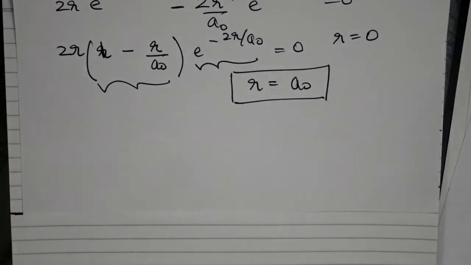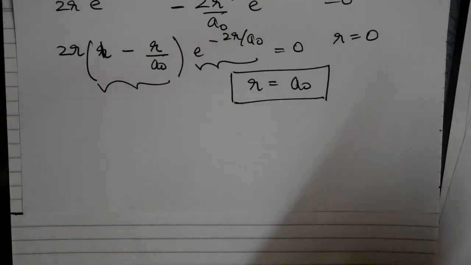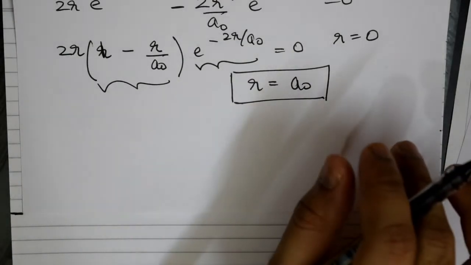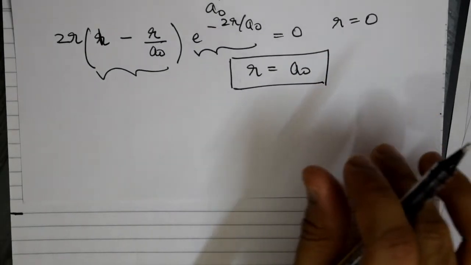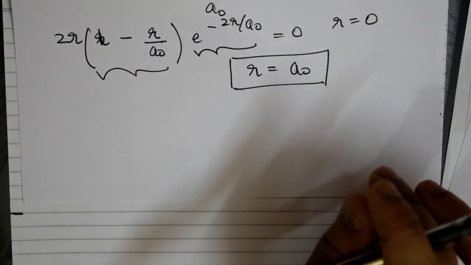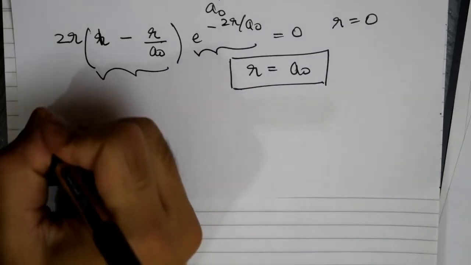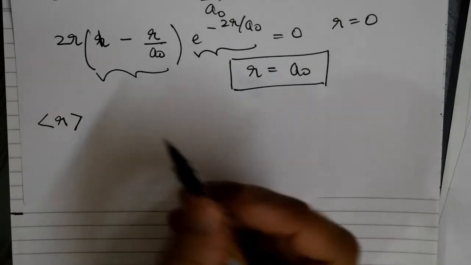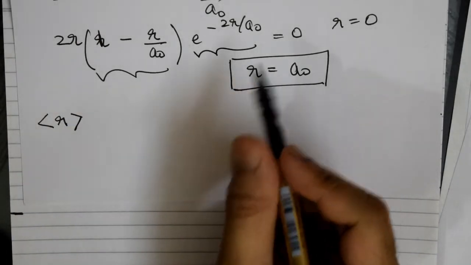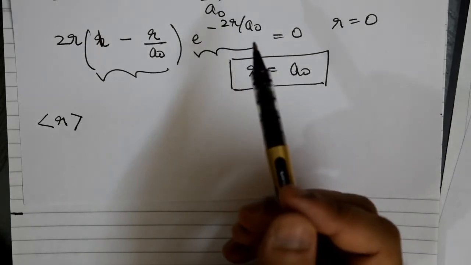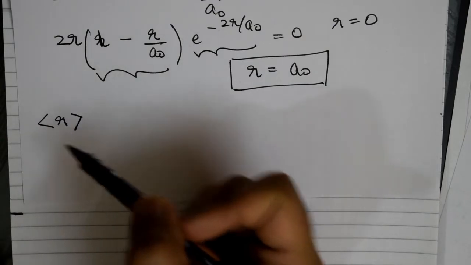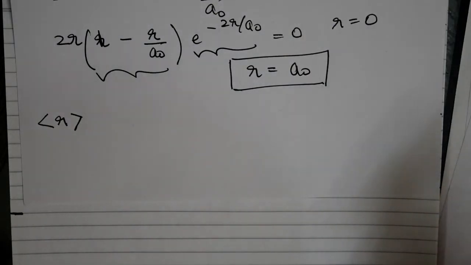We will see the same thing for the R20 value as well, but let's keep this in mind for now. Having understood this, we can ask the next question. If this is the most probable distance at which I'll find the electron for the 1s orbital, the next question is, what is my expectation value of r? Remember, the most probable and the mean could be different. For an asymmetric function, the most probable and the mean would be different. On the other hand, when you take the Gaussian function, the most probable and the mean will be very close to each other, actually on top of each other for ideal cases.